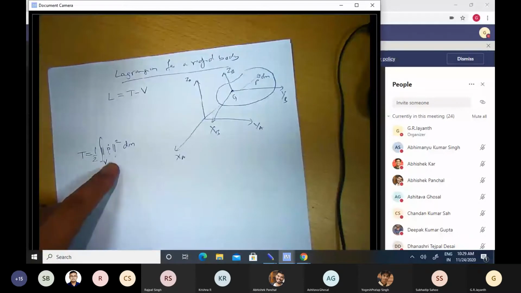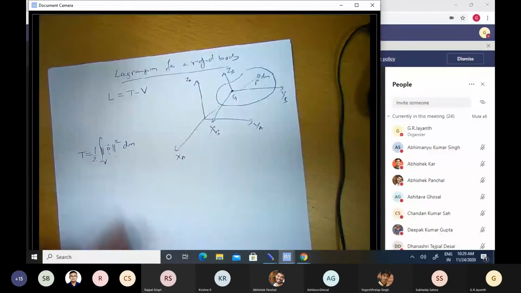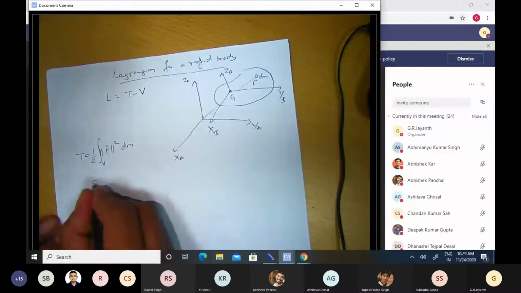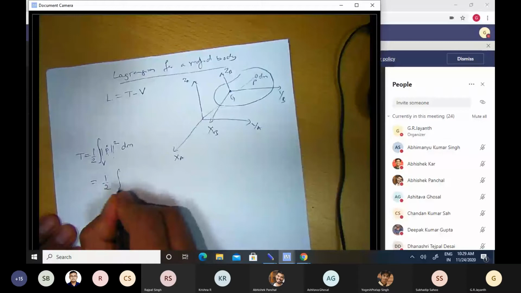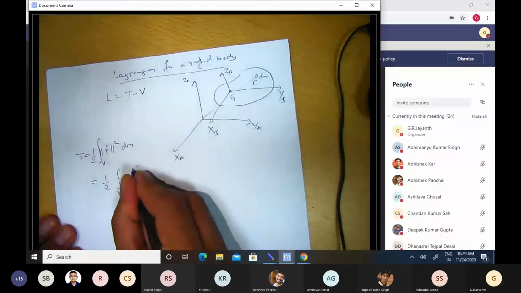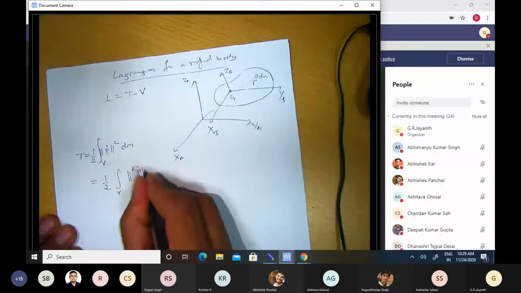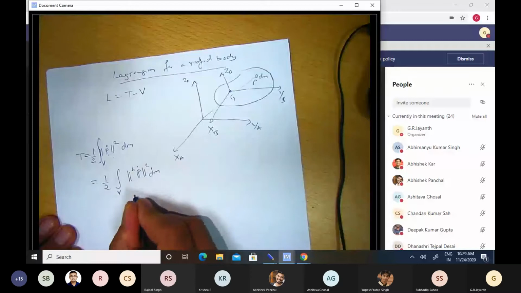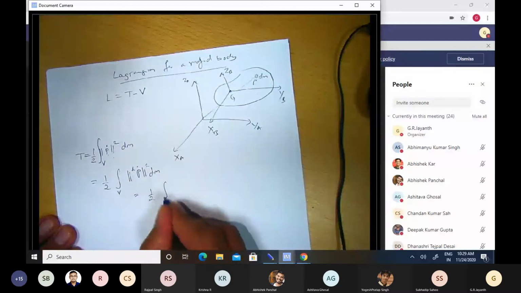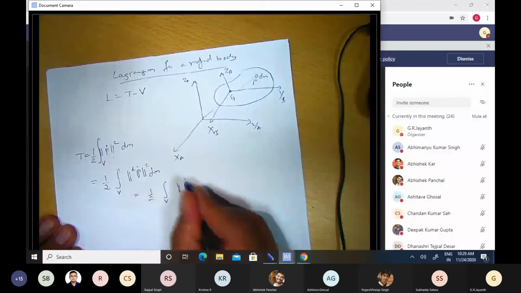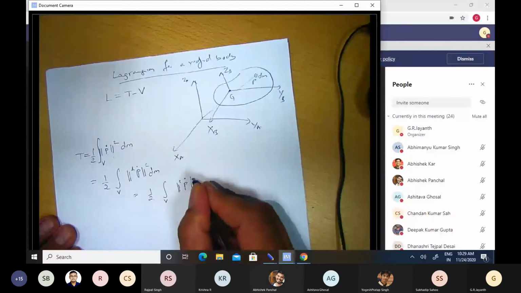So whether we represent P dot in the A coordinate system or P dot in the B coordinate system, we are going to get the same expression. So this is going to be equal to half integral over volume of P dot represented in the A coordinate system squared dm, which in turn is going to be equal to half integral over volume of P dot represented in the B coordinate system squared dm,